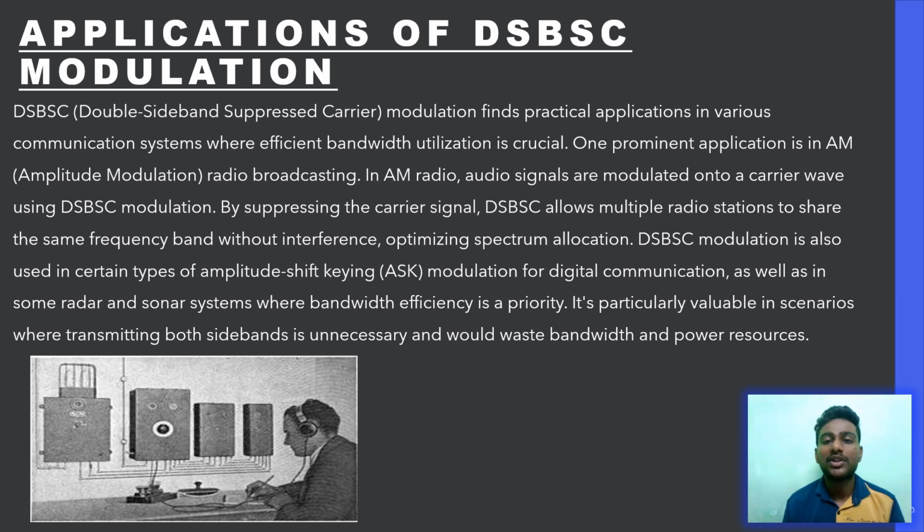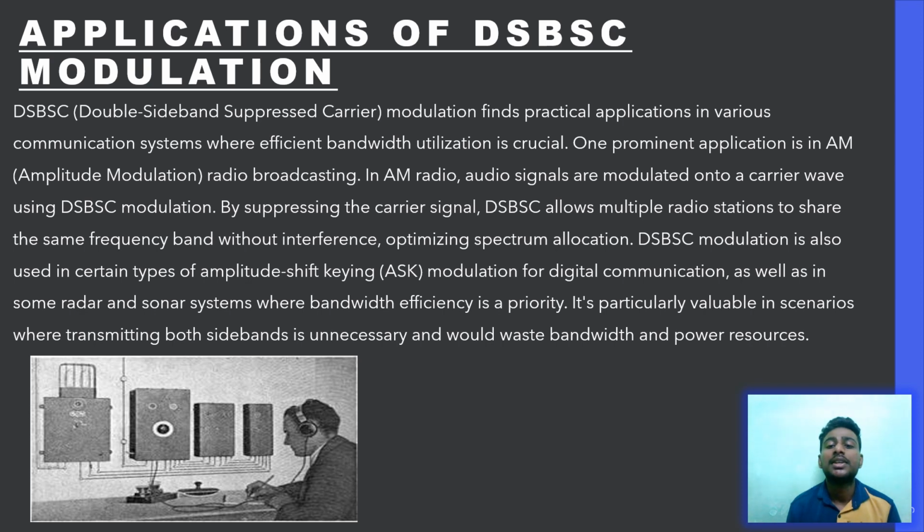Now let us know about the application of DSBSC modulation. DSBSC modulation finds practical application in various communication systems where efficient bandwidth utilization is crucial. One prominent application is in AM radio broadcasting. In AM radio, audio signals are modulated onto a carrier wave using DSBSC modulation. By suppressing the carrier signal, DSBSC allows multiple radio stations to share the same frequency band without interference, optimizing